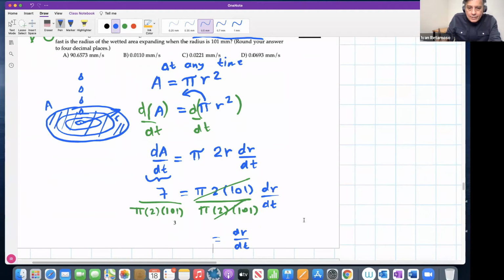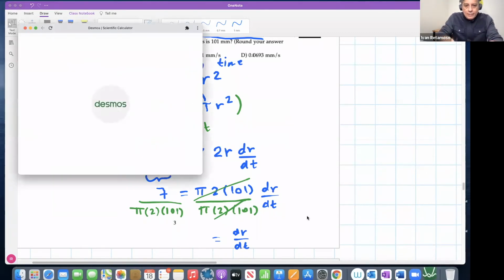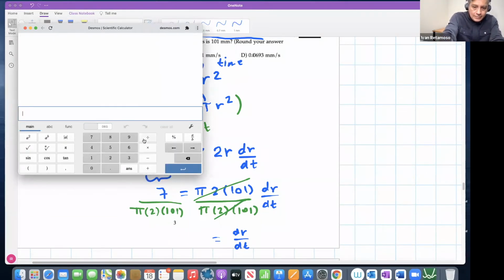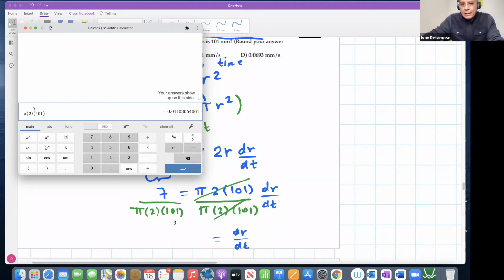Take your calculator, your Desmos scientific calculator. I strongly recommend you use it, guys, because it's free. It will always be free. It's OER material, right? So 2 times 101. And remember, follow the rules for the rounding, right? I think it says rounded to 4 decimal places. So let's do that. And if you do the rounding, you will find that this ends up being